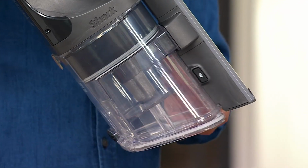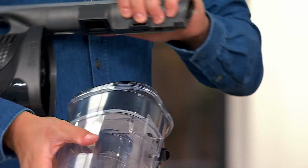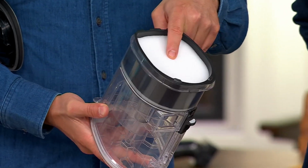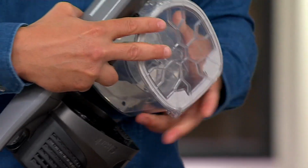So you go over the trash, hit this button on the side there, and this dumps out. In terms of maintenance, this is the same as you'd expect from Shark. I'm able to take this off. There's no filters to buy. I've got a permanent filter in here. Underneath that is a sponge filter, which is going to be great to rinse out once a month, put that back in. But this is just simple, easy convenience that you would expect from the leader in vacuums coming